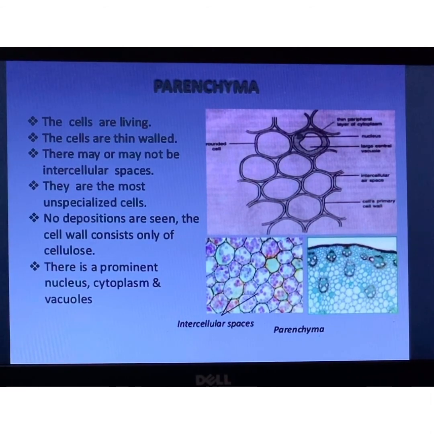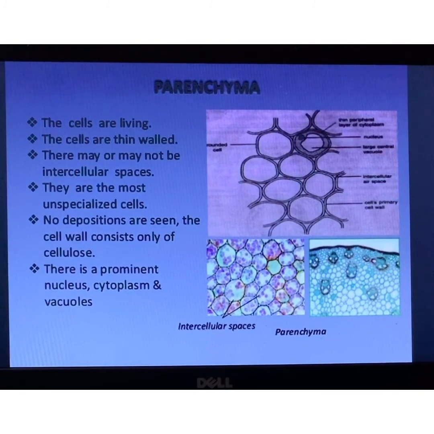Okay, they kind of help the plant in wound healing and regeneration. And though they become permanent cells, still some parenchyma cells retain the ability to divide. So this is the reason why parenchyma cells are very important for the plants, because they form the bulk of the tissues. They help to divide, especially when wound healing or regeneration of the plant cells is required. And along with that, they perform specialized functions.